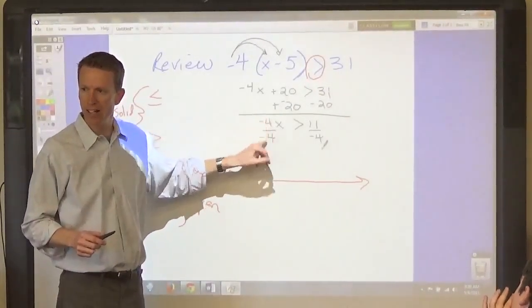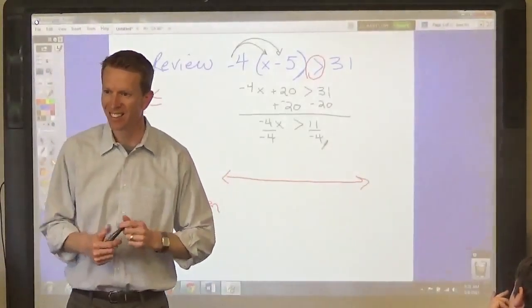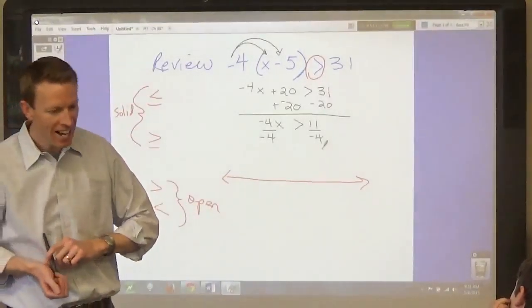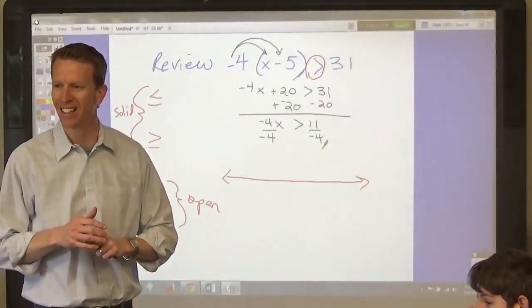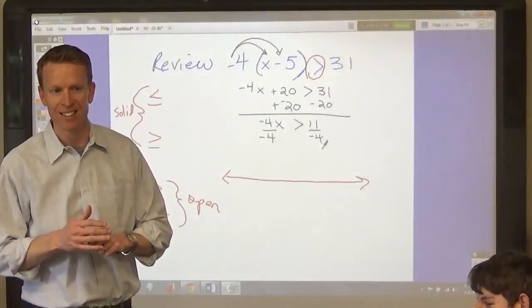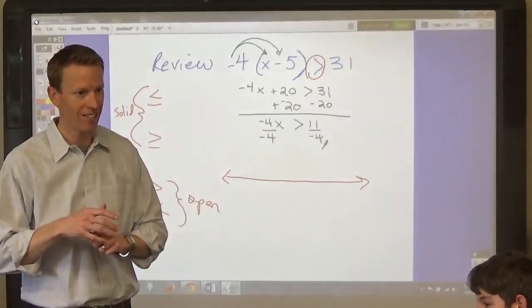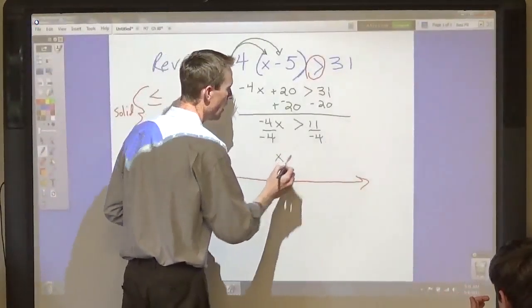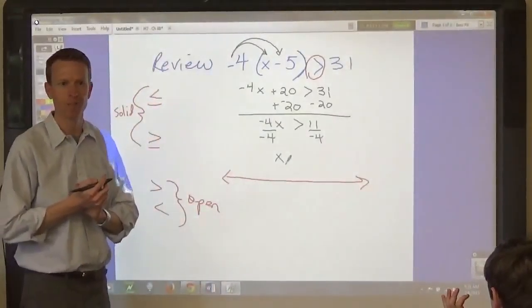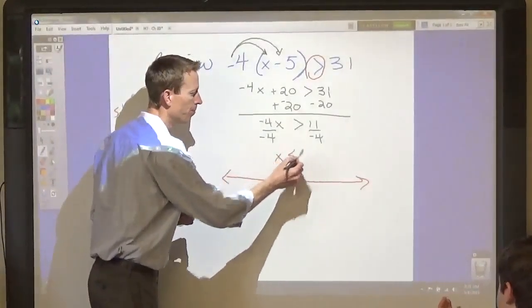Whenever you are dividing or multiplying by a negative number, you switch the sign, right? So x is less than